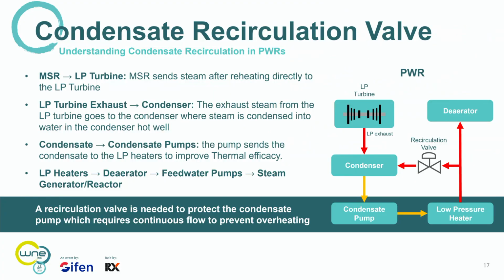The condenser is condensing the steam back into a liquid, getting pulled through the condensate pump, sending it to some low-pressure heaters, and then sending it to the deaerator. But when that deaerator doesn't need any more or cannot handle it, or when something's not operating, you must recirculate that fluid back through the pump. So in this case,